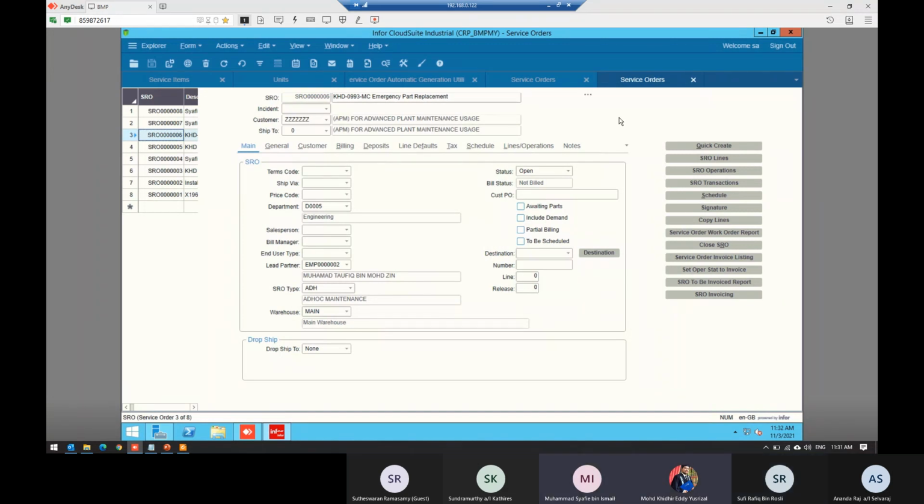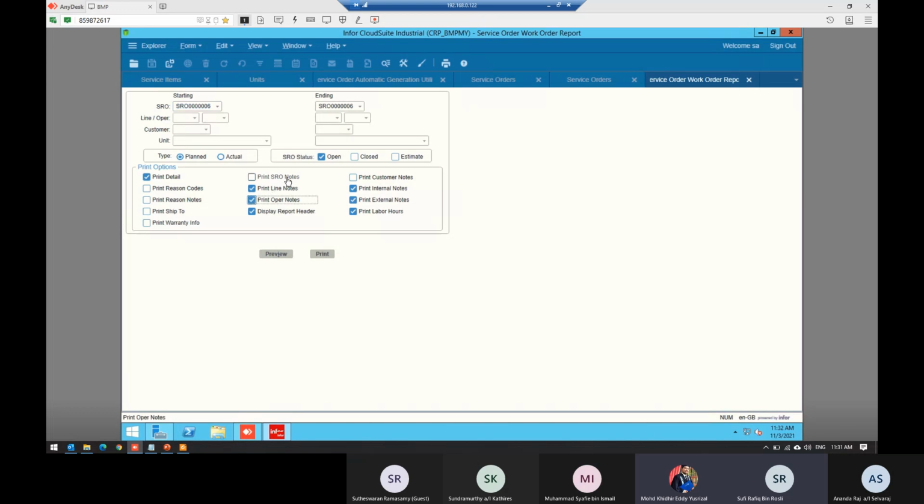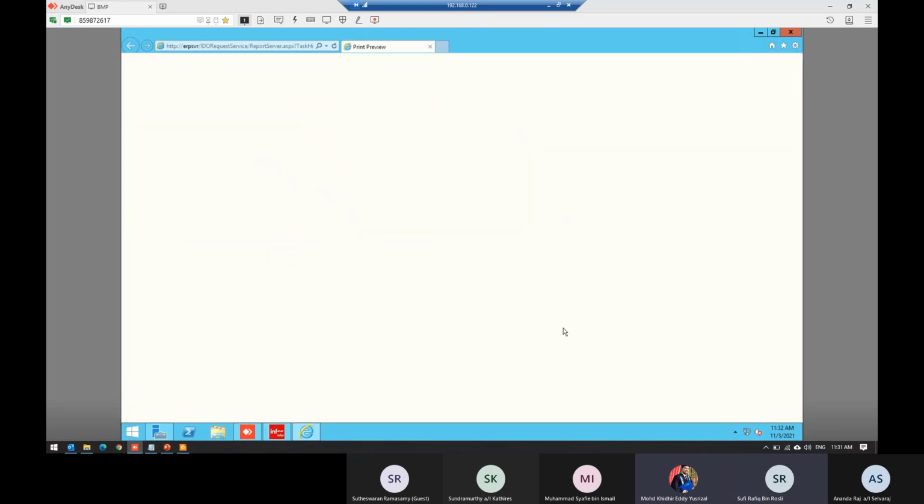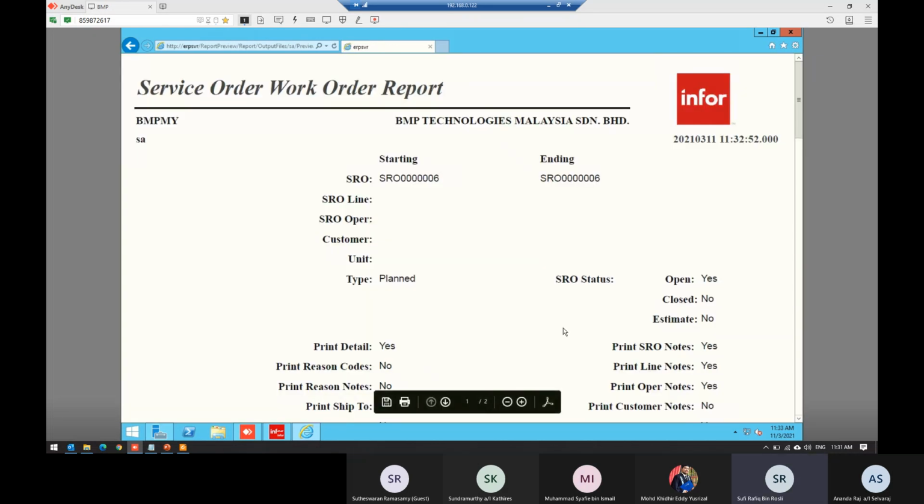So you go back to your service order and you select your SRO. Okay, then you can do your adjustments if you want. Then you print your work order report here. Okay, I just select all this and I preview. Okay. Then